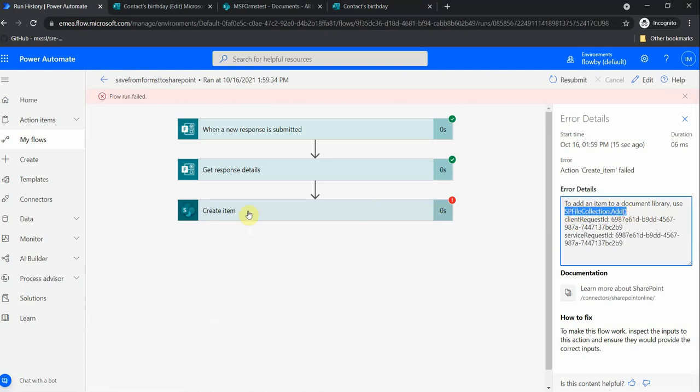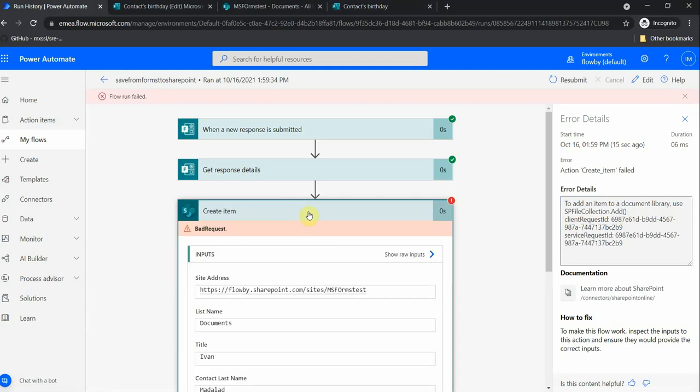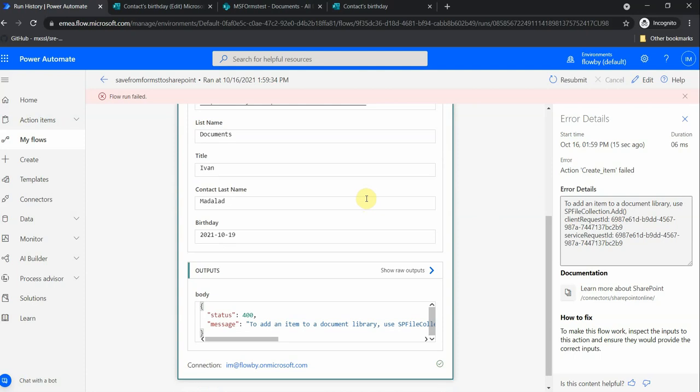So the thing is, when we create an item in SharePoint, there is a difference between a list and a library. If I want to create an item in a specific list, then I use create item. If I want to create a file in a library, then I would use another action here. So this is something you can keep in mind, right? So it didn't like our